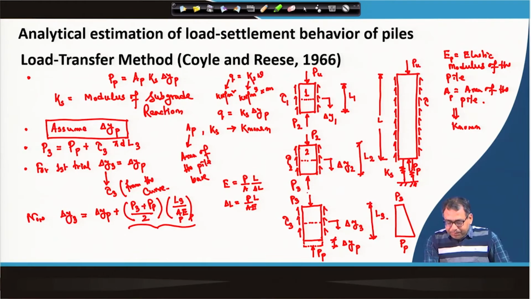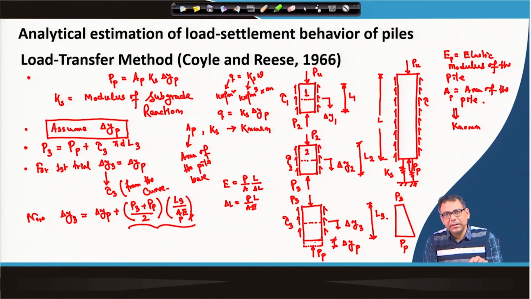So, that means the del y p that we are talking about, this is the deformation at the tip, and then we are calculating the deformation of the pile material, that will give you the deformation at the center of any segment. So, that means the deformation of the pile tip plus deformation of the segment 3 will give us